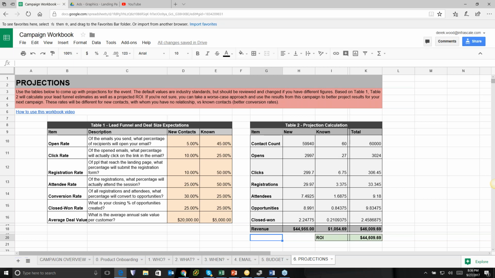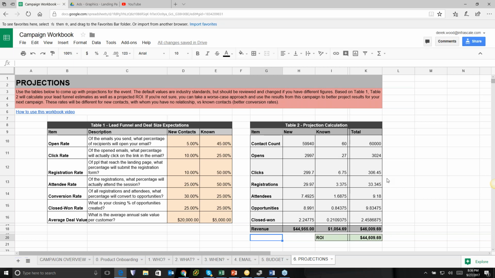Tell us about your campaign. If you were to send us this workbook filled out for your campaign, really you could just send us this figure, but seeing the math work out is going to be valuable when you go to any vendor to ask for some financial assistance in any campaign you want to do.